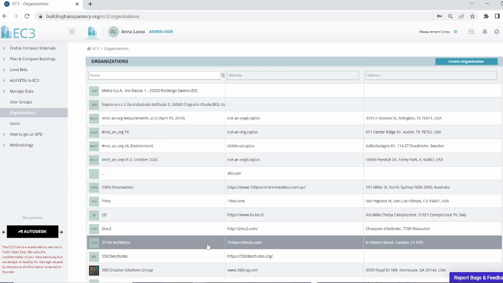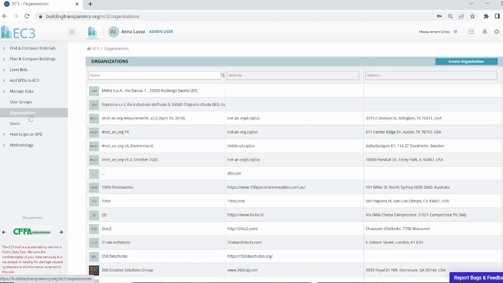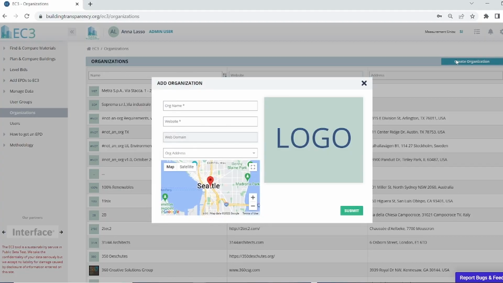To begin, you can access the Organization section of the left-hand navigation pane in EC3 to see all the organizations with registered users in EC3. Any professional user type may create an organization using the Create Organization button in the top corner of the list. After a review by EC3 staff, the organization is created and the professional user who requested the org becomes the